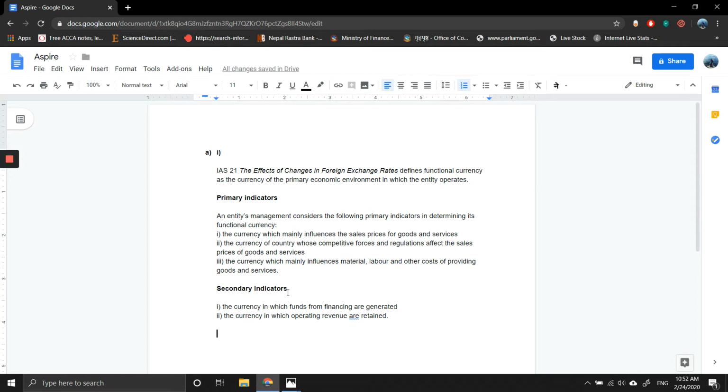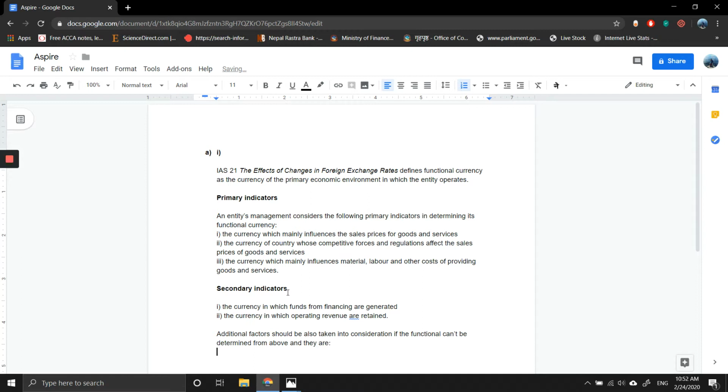And additional factors should also be taken into consideration if the functional currency can't be defined from the above, and they are: